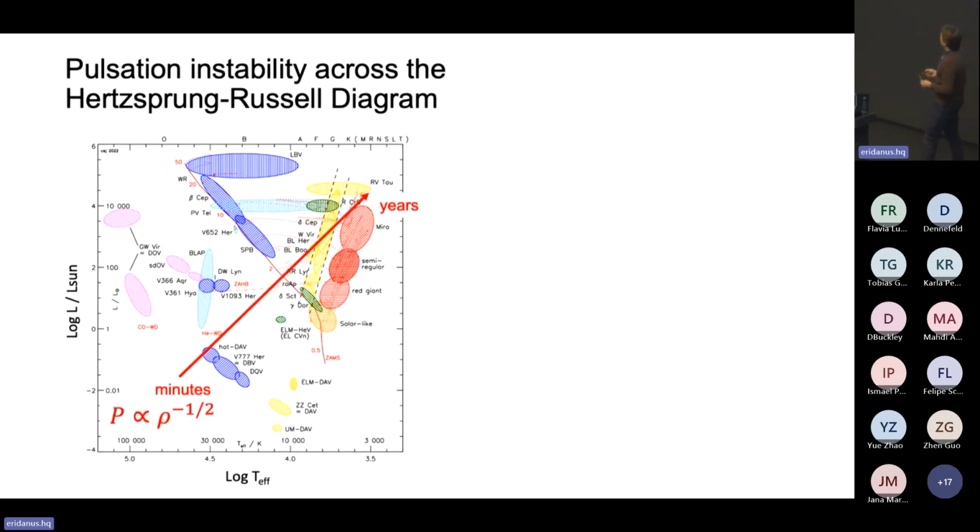pulsations. And in particular, there's kind of a relation here with acoustic oscillations that mean that down here you have periods of order of minutes, and up here you have periods of order years. And so with LSST, you're actually covering that whole range, because with your 30-second exposure split in two, you're going down to the white dwarf regime, while your 10-year survey will really probe the long period evolved supergiant stars like Miras and whatnot.